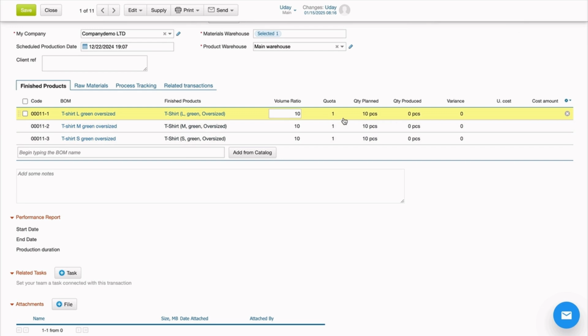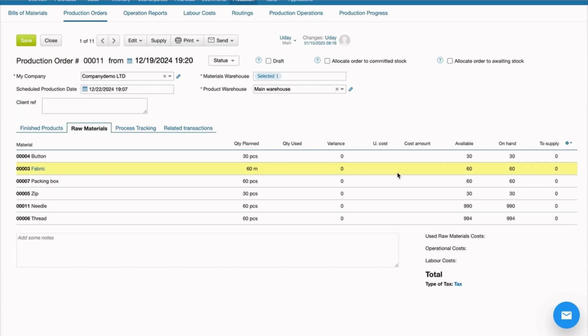We see how many items we need to produce, the production volume. Once manufacturing is done, we will see the unit cost and the cost amount. In Kladana, you can also create a report to predict the unit cost of the products. Before starting, you can check available raw materials. The system will highlight which components you should purchase or manufacture. You see that we need to supply some materials. We can just click on supply button